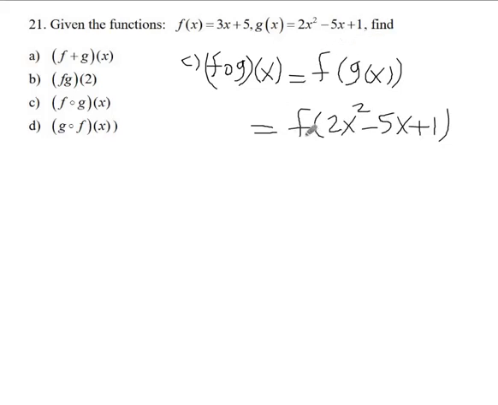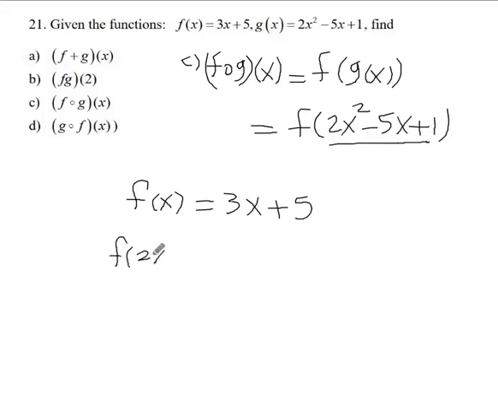So f of that, I'm going to look at the f function and substitute for each x this right here. So if this is f of x, f of 2x squared minus 5x plus 1,